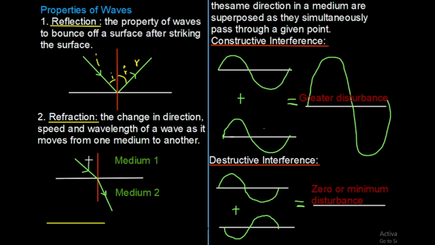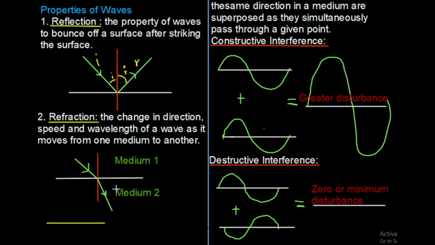We have a wave moving from medium 1 to medium 2. You see, as it crosses the boundary between medium 1 and 2, there's a change in direction. The wave did not maintain the original path. There was a slight change in direction as it moves into medium 2. So that change in direction, speed, and wavelength of a wave as it moves from one medium to another is